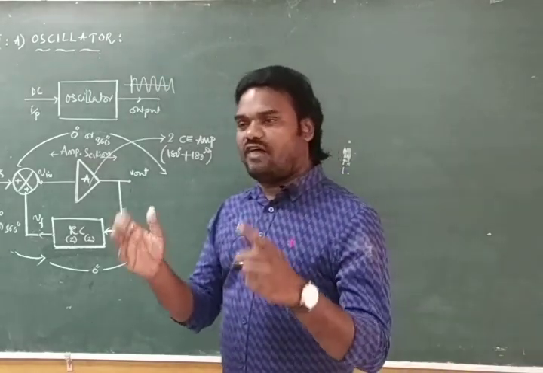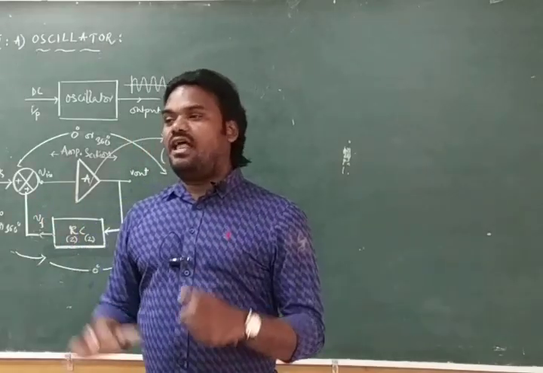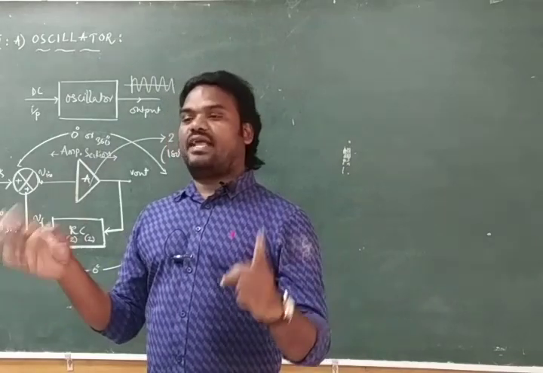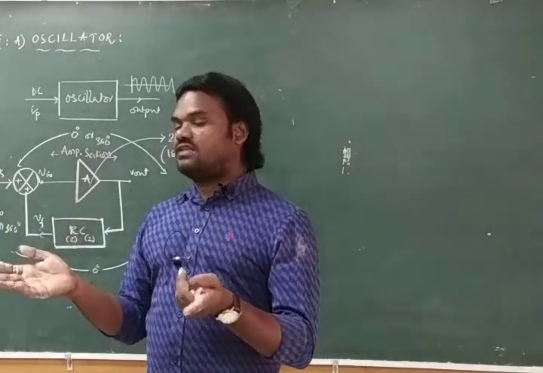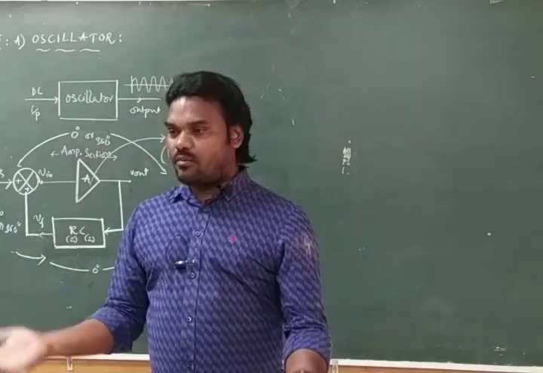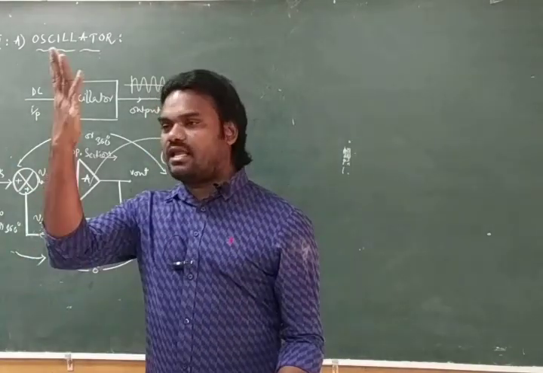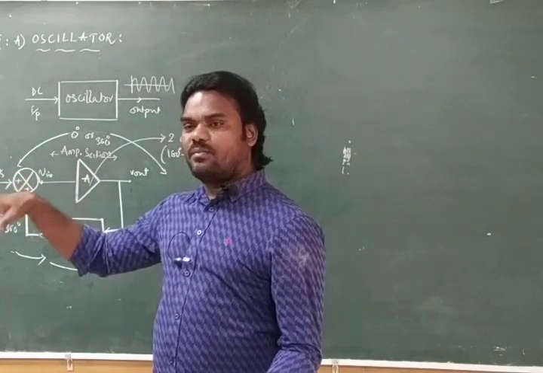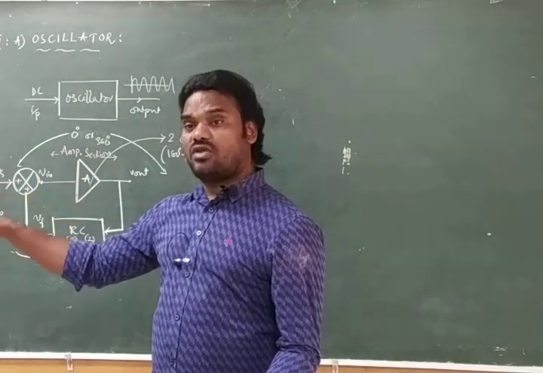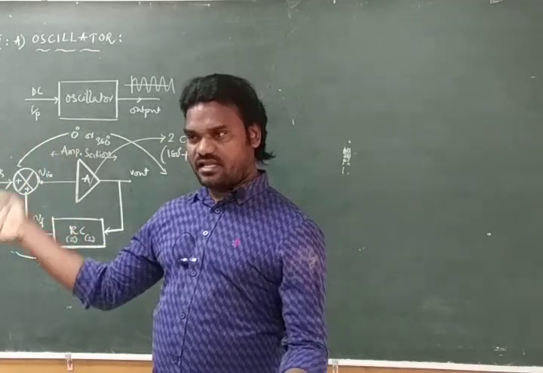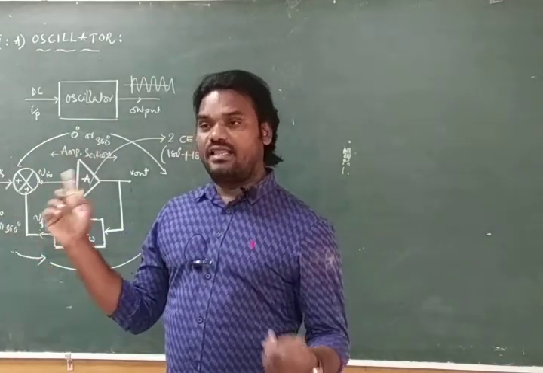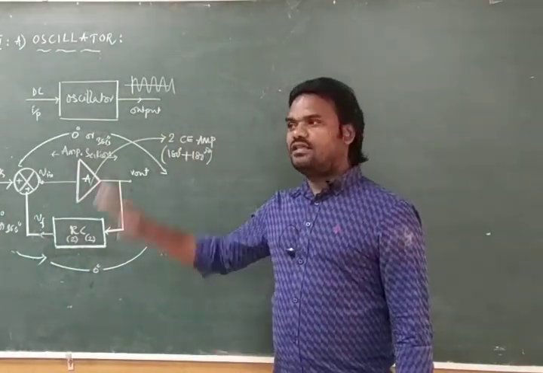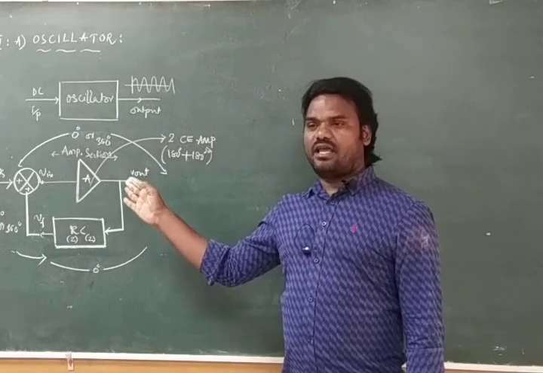Here you have to remember one point: the operation remains the same for all the oscillators, because every oscillator is designed with positive feedback. As the positive feedback keeps increasing, Vs increases. If Vs increases, Vout increases, so at one particular point of time it is unable to continue the amplification and it makes oscillation. The gain will be infinity. At infinite gain, it makes the oscillation. This is the second thing, the block diagram is completed.